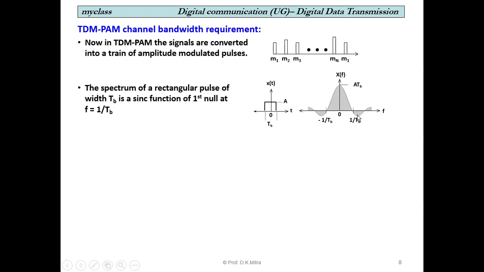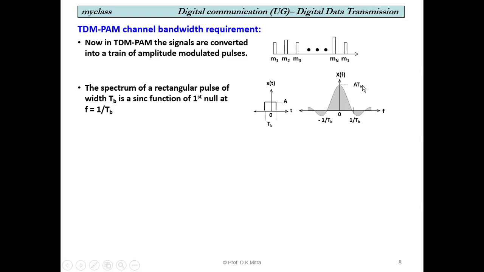Although the amplitude reduces, theoretically it is infinite. A single square pulse contains infinite frequency components, though the maximum is the DC component, zero frequency, and the amplitude of higher frequencies very quickly dies down, but theoretically it has got infinite frequency components. If in the time domain its amplitude is A and width is TB, then the DC